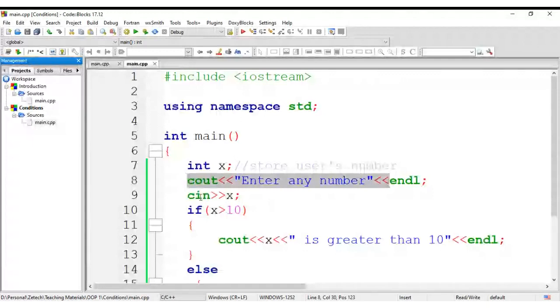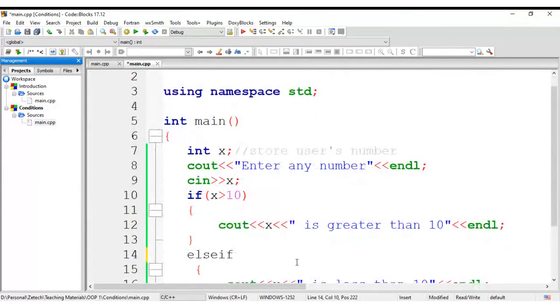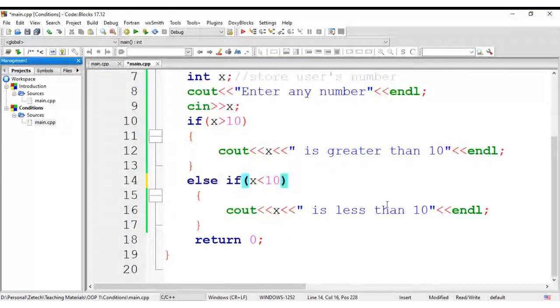He enters the number. If x is greater than 10, cout that. Else if x is less than 10, then we say it is less than 10. Else,